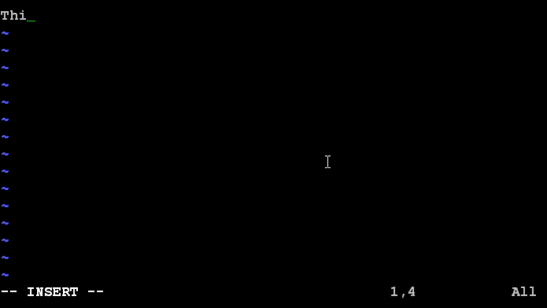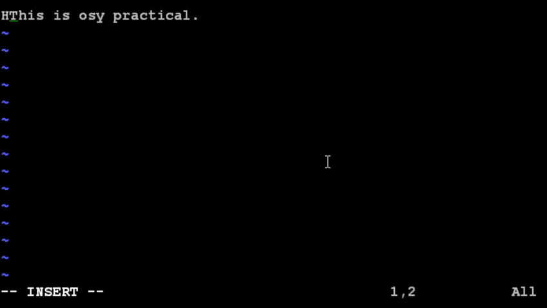For example, I write this is OSY practical, like this. Now if you want to come out of this insert mode, I can press escape. So at the bottom the INSERT text disappears, and then again if you want to go into insert mode by using another key, you can press, suppose, capital I. Now when you press capital I, your cursor moves to the beginning of the current line, and from there you can start writing the text.